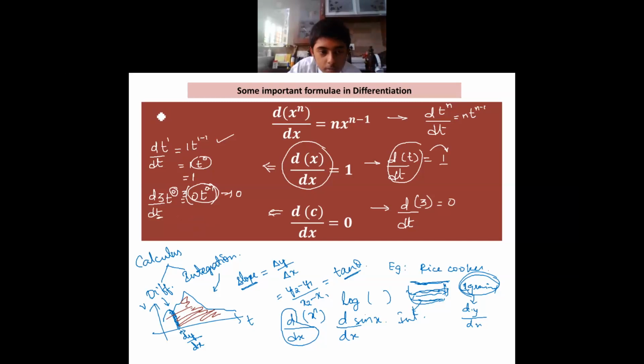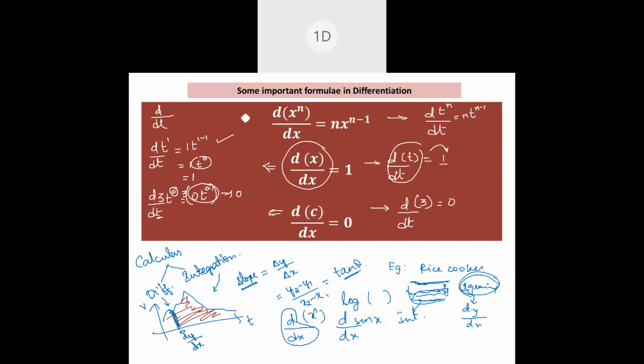I got your doubt. Suppose we have the first formula. I'm going to show you the first formula, then you'll understand. The first formula is not just t power n. Let's assume the function is the differentiation of 5t power 4. The 5 is outside, and the variable part I keep inside: t power 4. Now I apply the formula: n is 4, so n into t power n minus 1.